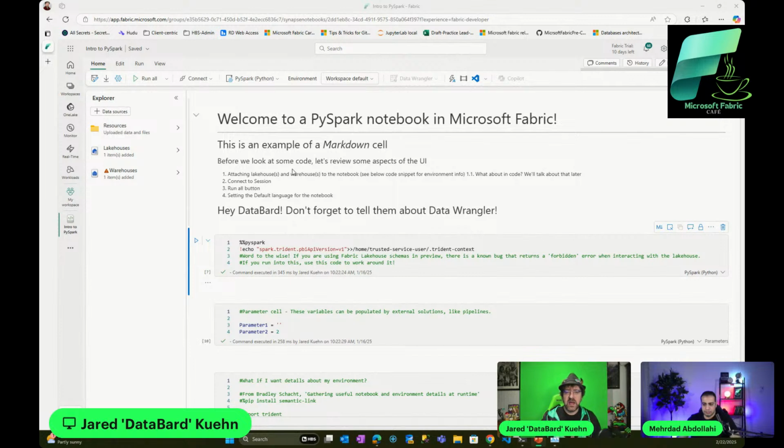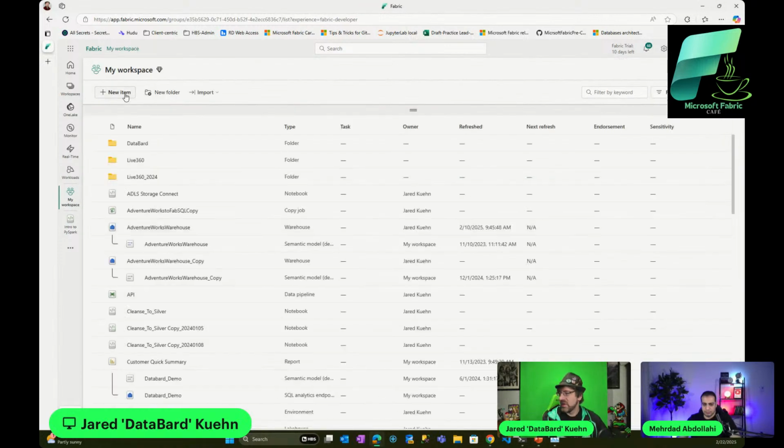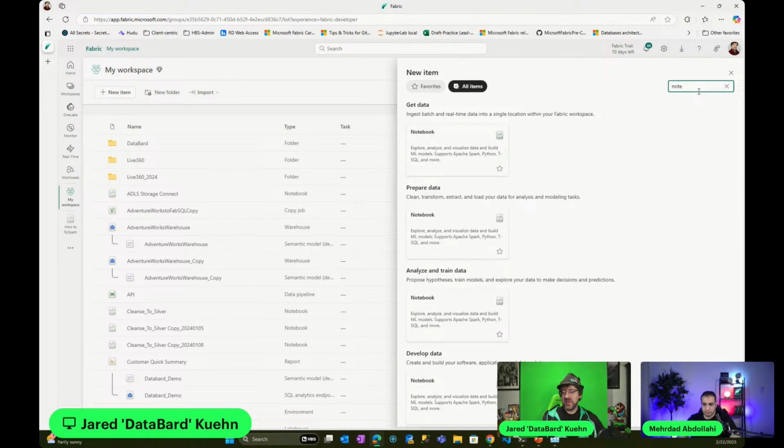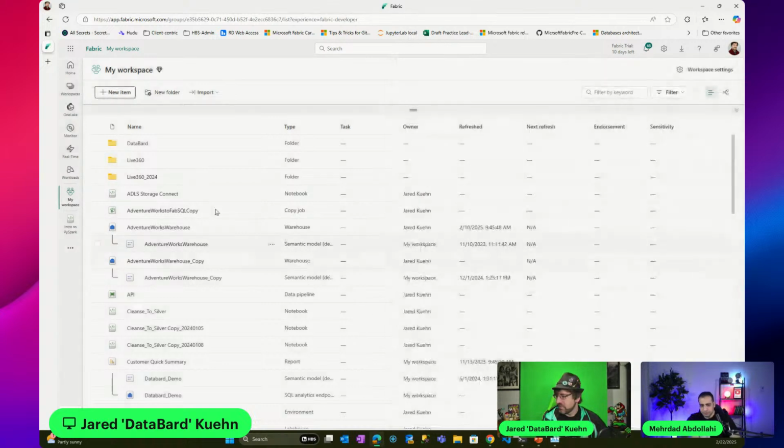All right, so this is what a notebook for PySpark looks like in a Fabric environment. How did I get here? Again, I can go into my workspace, hit new item, hit that new item button. We'll search for notebook, and you'll see it comes up 4 different times. These are the exact same notebooks, so don't let that trip you up. In any place you find it, it's the exact same experience. It's just the way that they organize things in the new item list. So pick any of them, you'll be fine.